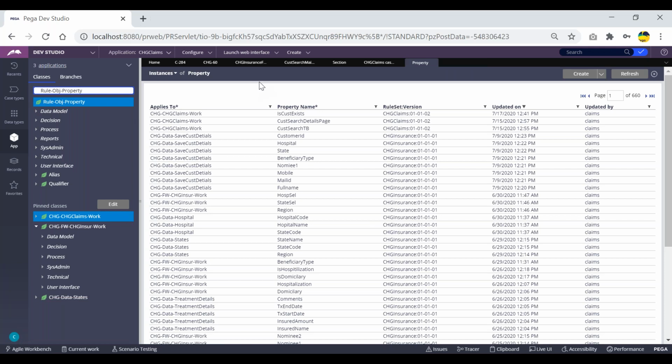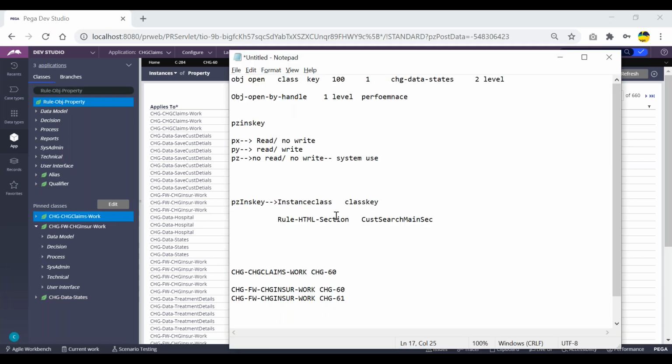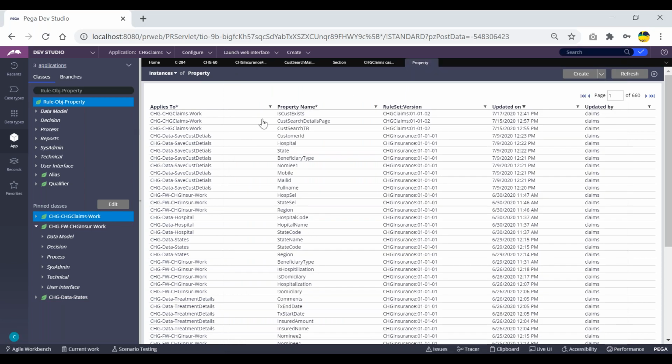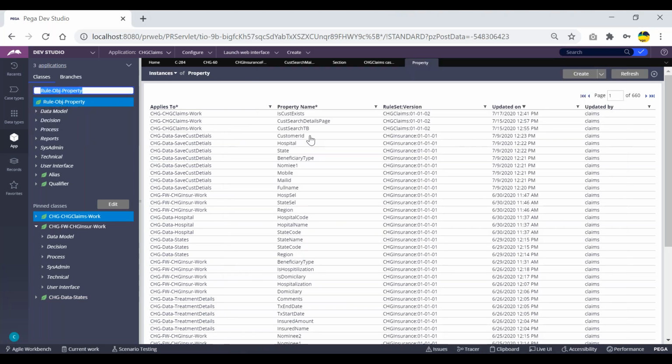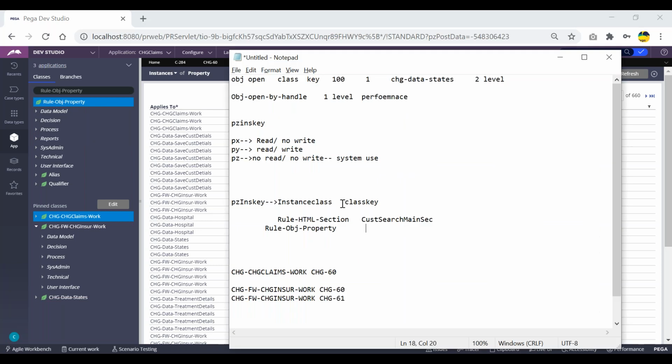Oh, yes. Similarly, for the section, how are we getting these results? By clicking on one class, this will be the instance class. And similarly, how are we getting all these properties? So this will be the instance class, and this will be our section, I mean key ID. Okay. Now clear? Yeah. Yes. So now this is not that easy.